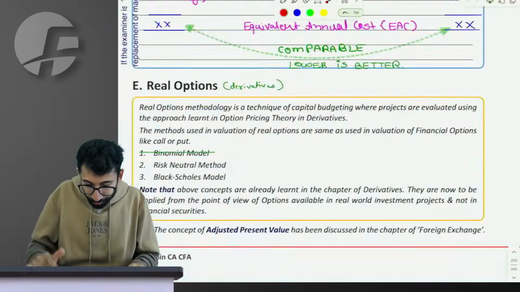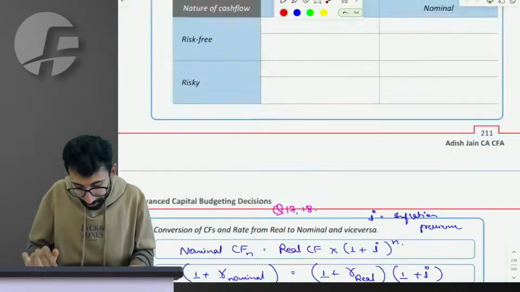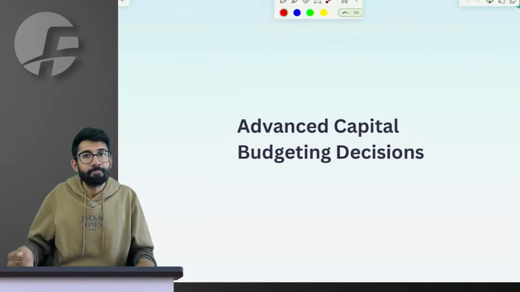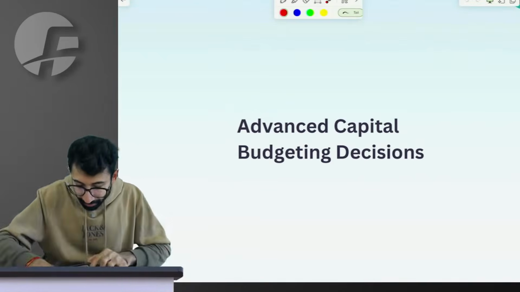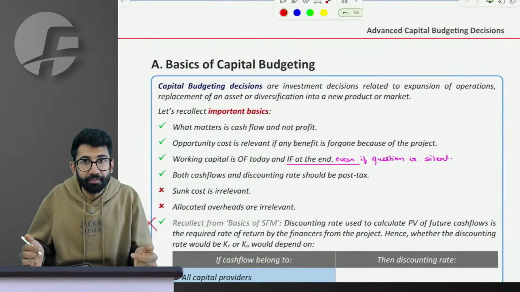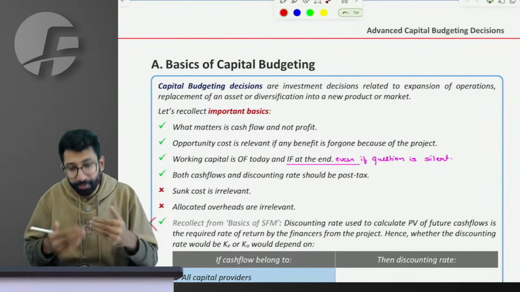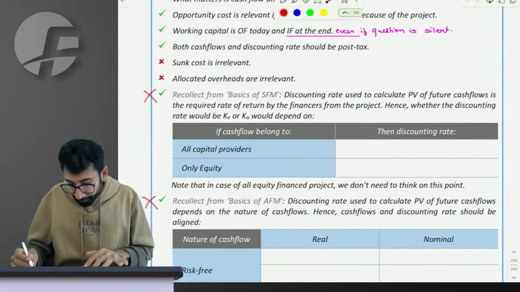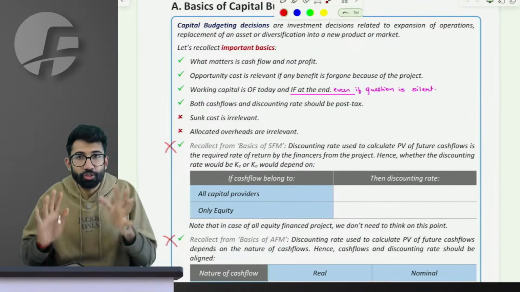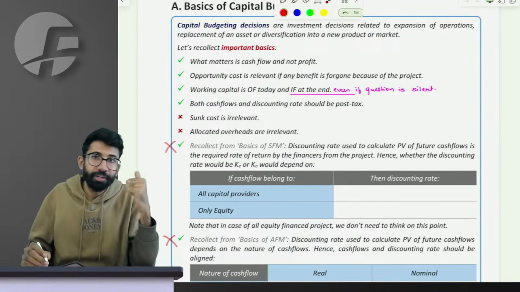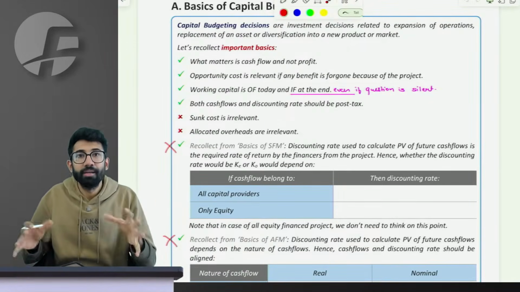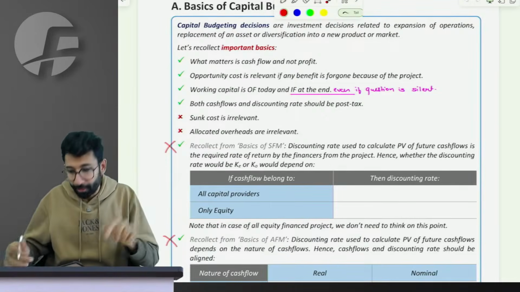Bringing you all to the discussion on advanced capital budgeting. Extremely easy topic. Yes. What this topic involves is extension of what you have learnt at CA inter level, which is calculating NPV and onwards. So before we go on to calculate things, let's make sure that certain basics which you have already learnt in inter are recollected by you.